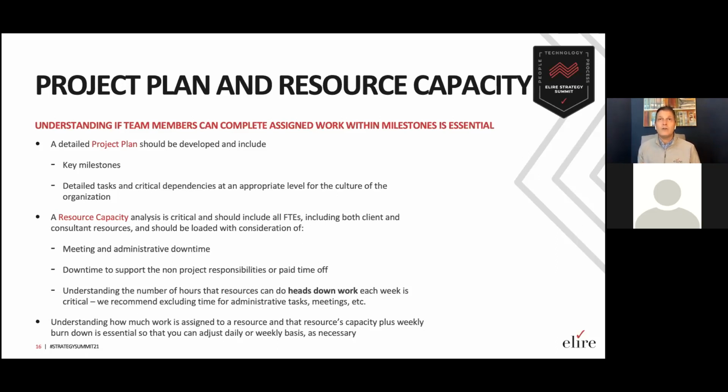I can think of one at the very beginning of my career back in the mid-90s, where the project plan was literally in the tens and tens and tens of thousands. It may have been 20 or 30,000 lines long. The goal was to try to capture every single task down to like 15-minute increments. Obviously, that project plan became unwieldy and very difficult for anyone to consume or understand. So it's important to understand the appropriate level for the culture of your organization, and also for the type of